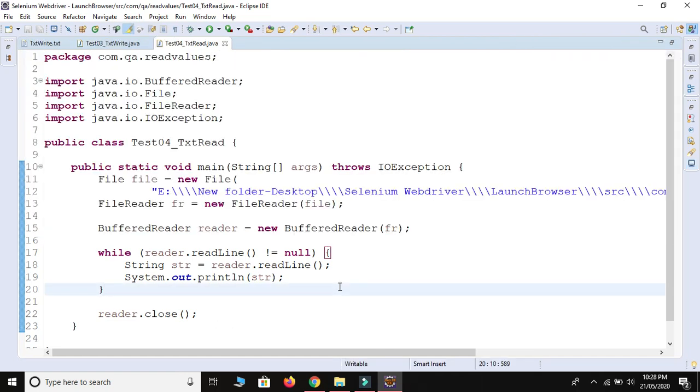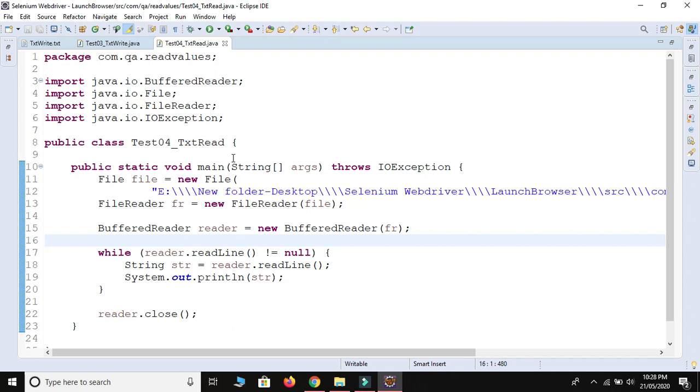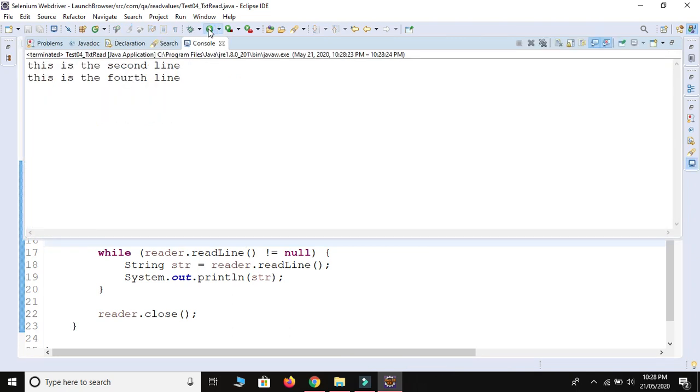While reader.readLine() is not equal to null, then String str = reader.readLine() and System.out.println(str). Control Shift F, Control Save. This is the second line, third line. Let me save it and run one more time. Okay, this is the second line.